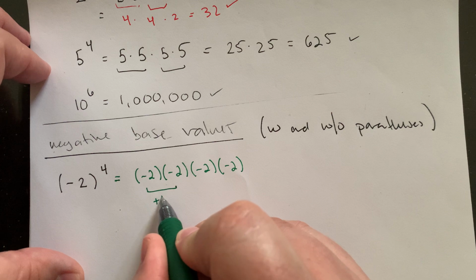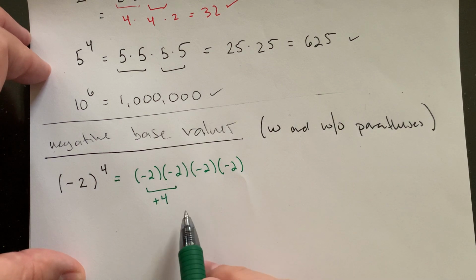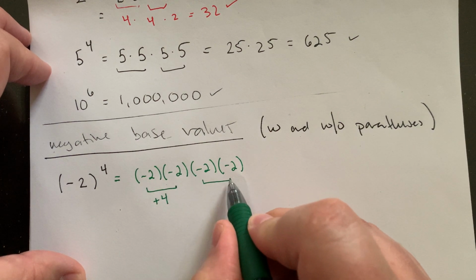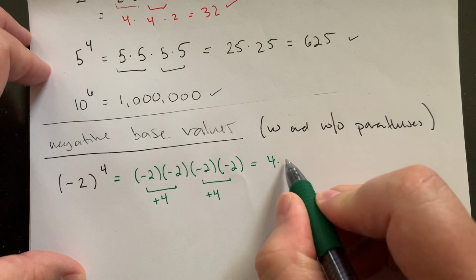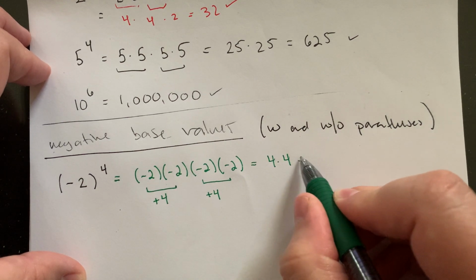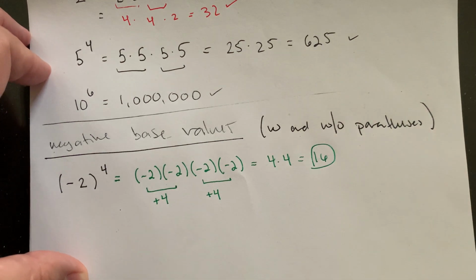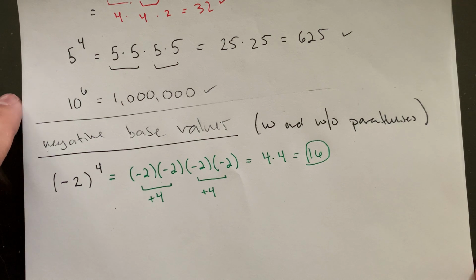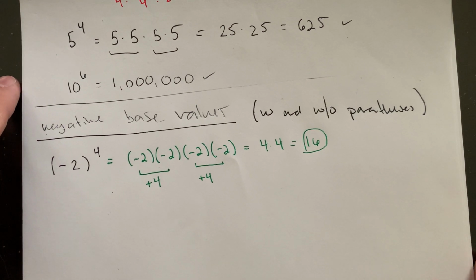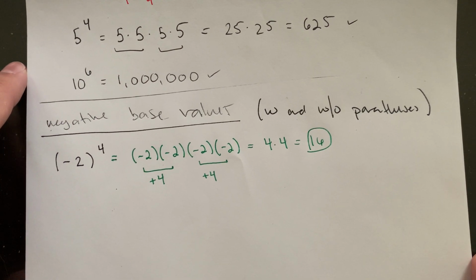So these first 2 would multiply together and get us a +4, and then we would have, right, 2 more, and that would multiply to another +4. So this essentially becomes a +4 times a +4, and the result here is a +16. Right? So if you have this value in parentheses and you're raising it to a power, you're going